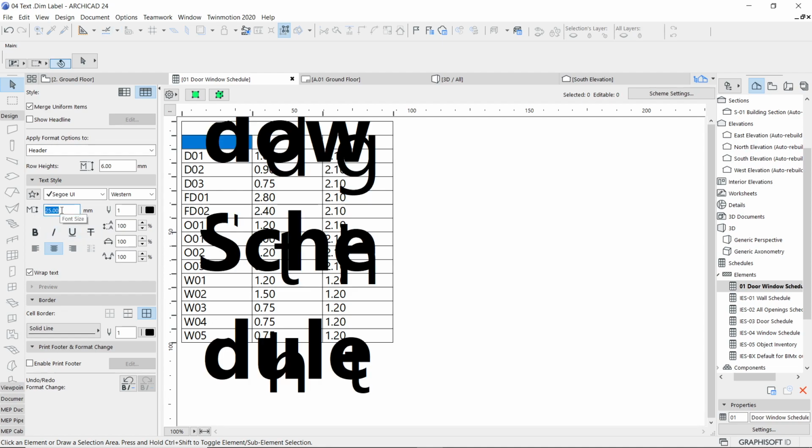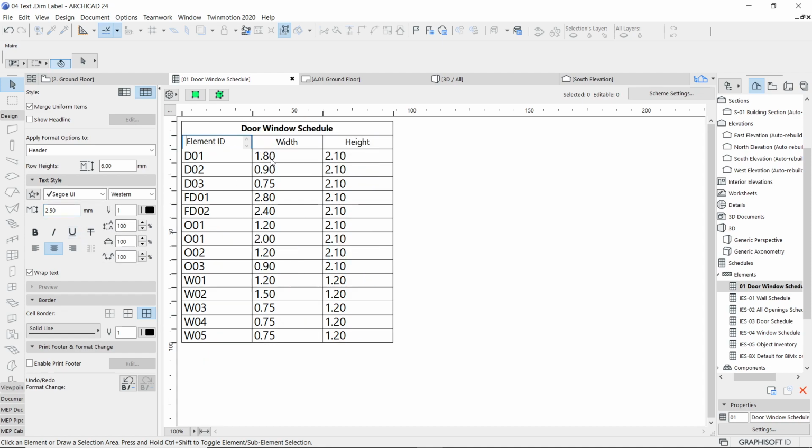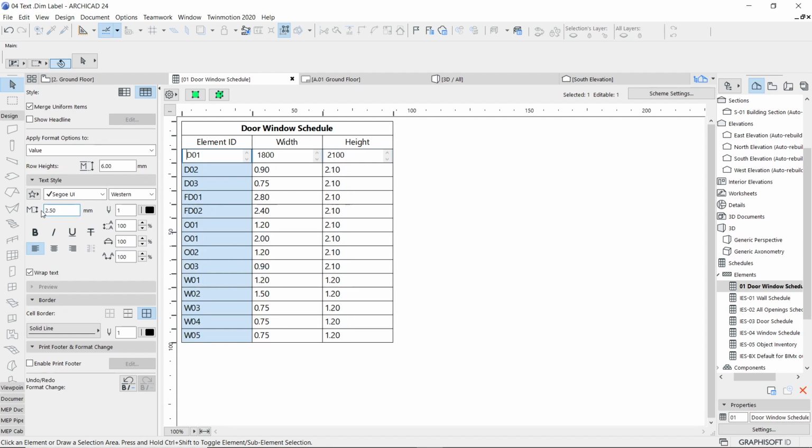Sorry, it's 2.5. So you can see now the Element ID width, and the same thing is applicable for this entire value group. And this group, I would like to keep also at 2.5. Then you can decide its justification and everything.